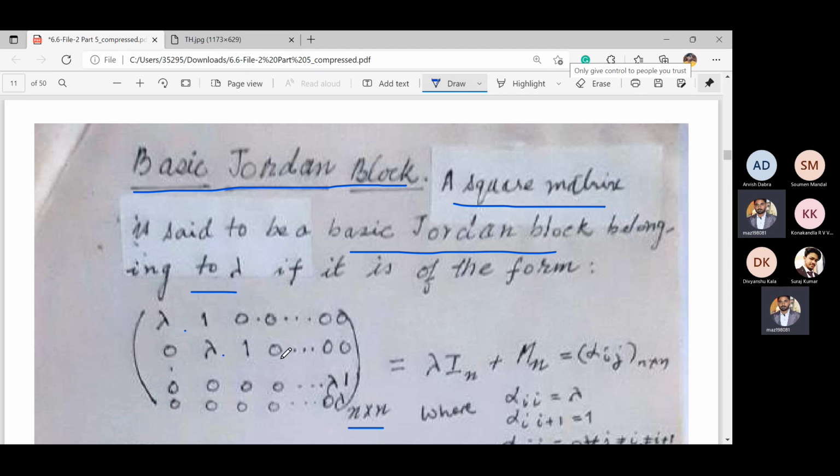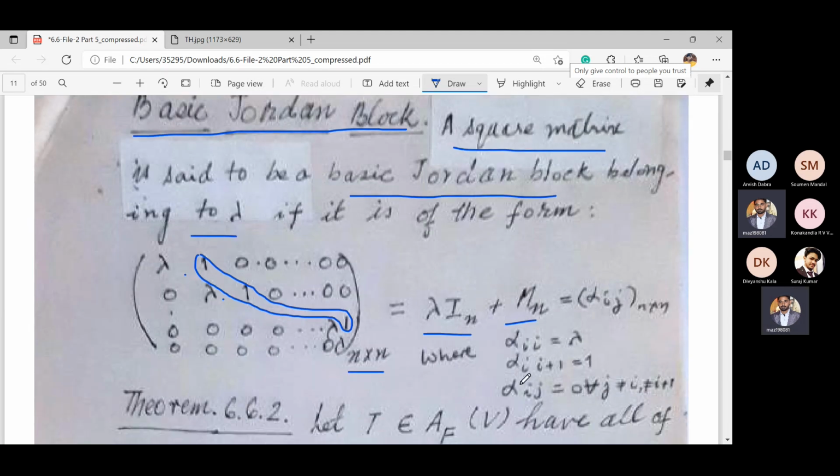Just above the diagonal elements, the upper diagonal, we have 1, 1, 1, up to here 1, and the diagonal elements have lambda. Then this matrix is called a basic Jordan block with respect to the